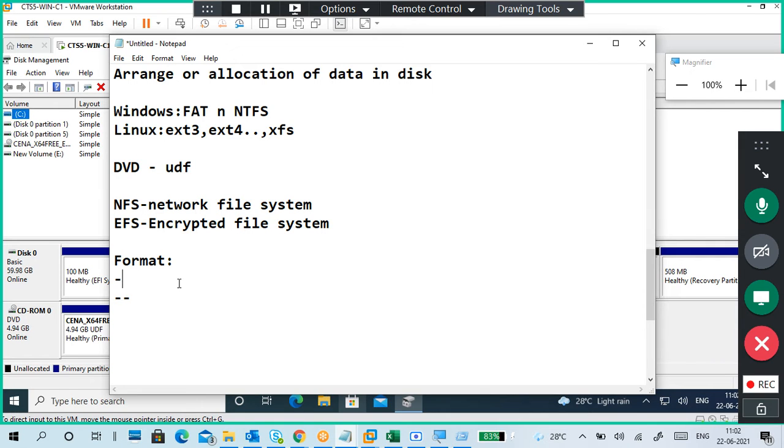When you change the format, you have to delete everything and put it again in the different format. So the data will be automatically erased. We clean up everything and we create it again, right? So while changing the format, data may be removed. So what is the format? Arranging in a certain manner, that is called a format.